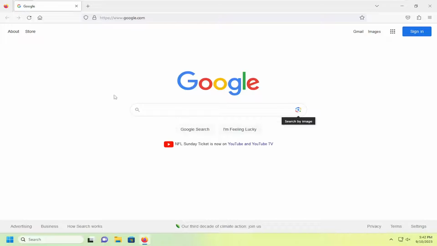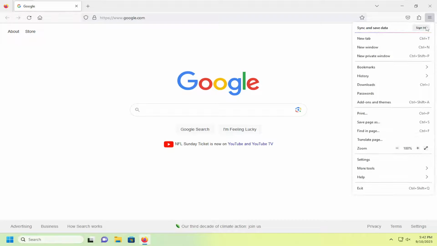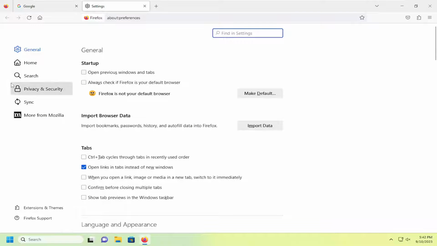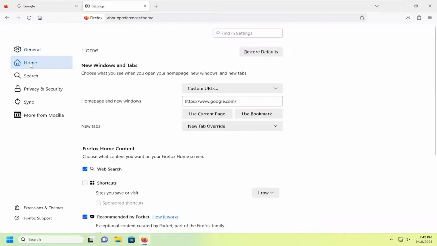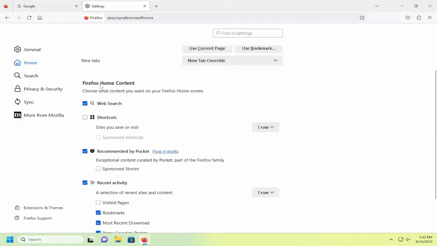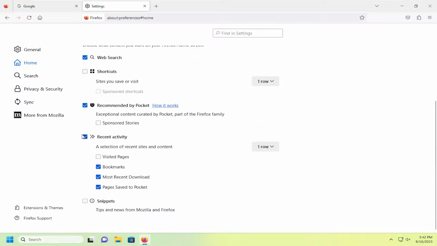So all you have to do is open up Firefox and select the menu icon up at the top right. Go ahead and left click on that and go down and select Settings. On the left side, select the Home button, and then on the right side, underneath Firefox Home Content, you want to uncheck Recent Activity, or you can keep Recent Activity, the Master Control option checkmarked, and then you can unselect